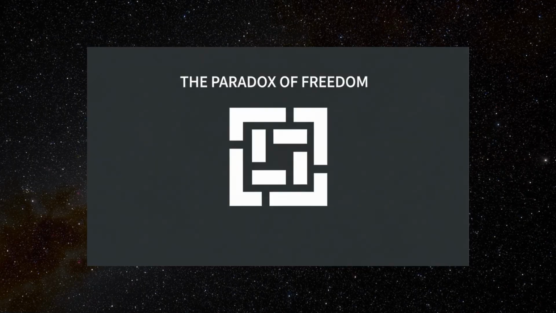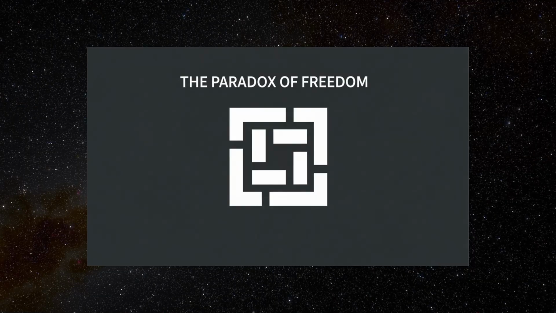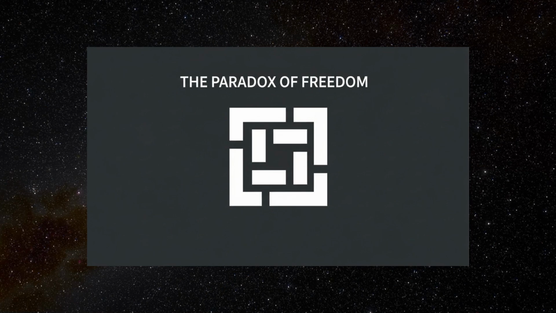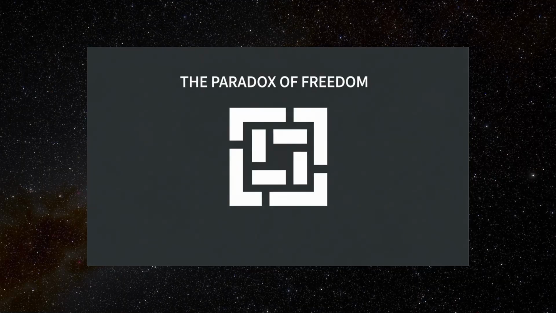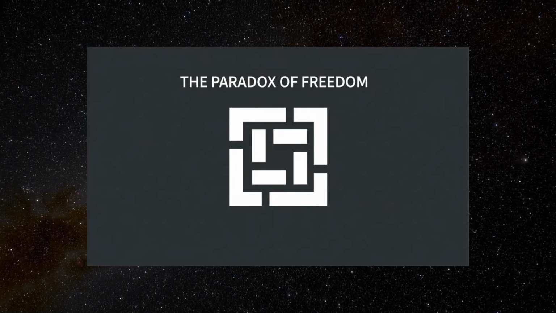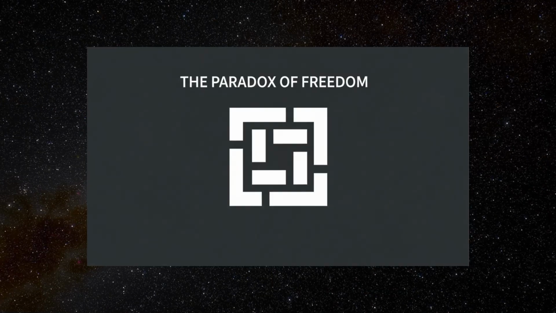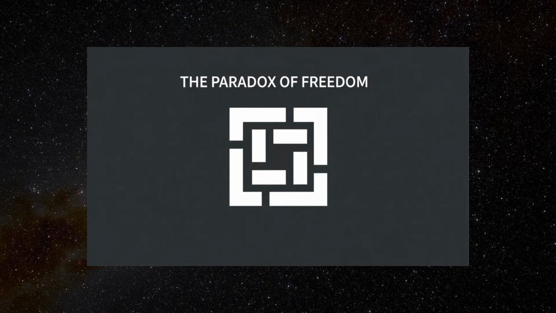Ultimately, the paradox of freedom teaches us that freedom must be balanced with responsibility, and that sustaining liberty requires more than simply removing all constraints. It requires thoughtful boundaries, moral norms, and collective safeguards that ensure freedom does not become a tool for its own destruction. In this sense, true freedom is not the absence of all rules, but the presence of the right ones.